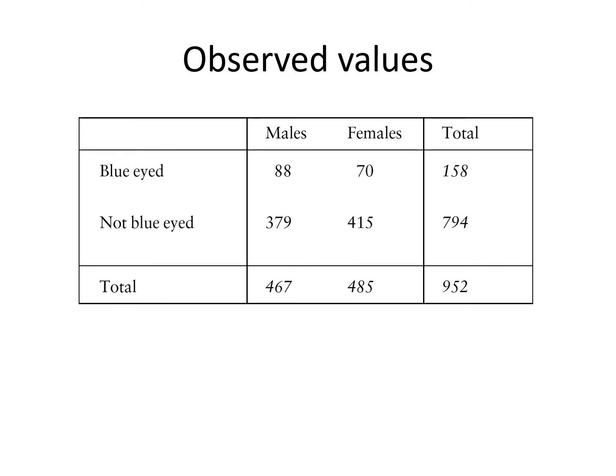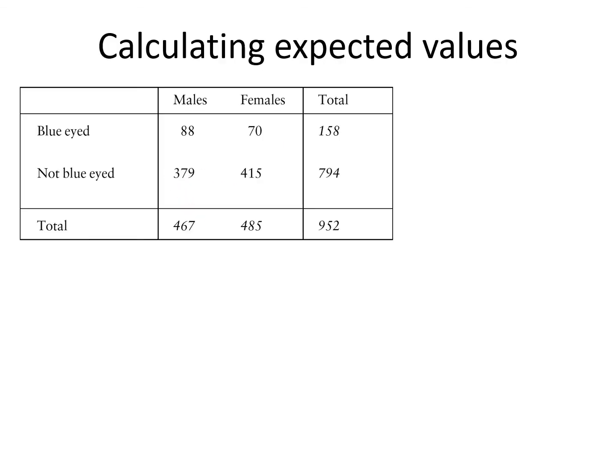So this slide represents data collected from 952 people, and it tells us the number of men and women that have blue eyes or do not have blue eyes. Okay, so this again is a 2 by 2 contingency table because there are 2 options for this category and 2 options for this category. So how do we go about calculating the expected values? Well,